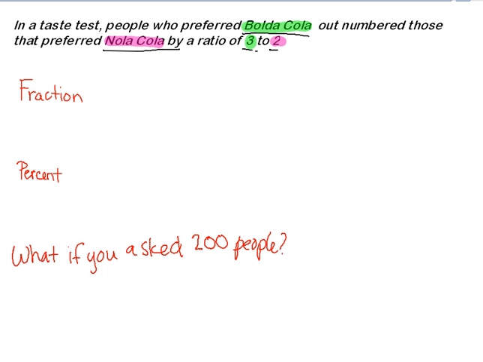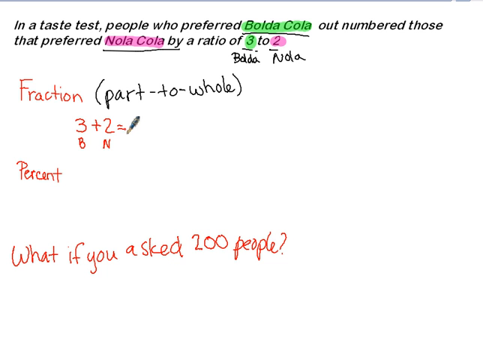When it asks us to write something in the form of a fraction, it is always considered to be part to whole, because the denominator in a fraction tells you how many pieces make a whole. So, this is a part-to-part ratio, the 3 being the Bolda and the 2 being the Nola. So in order to find out what the whole is, you have to add the 3 parts Bolda and the 2 parts Nola to get that there are 5